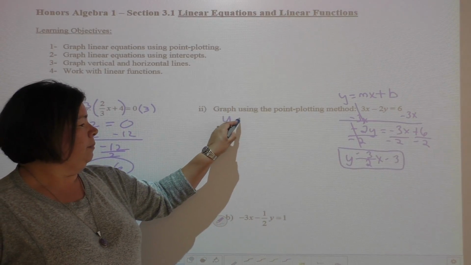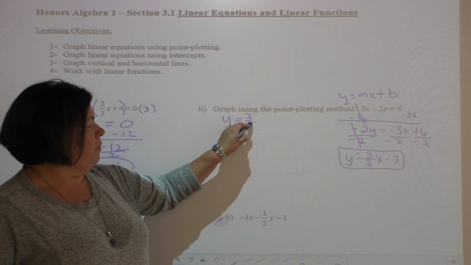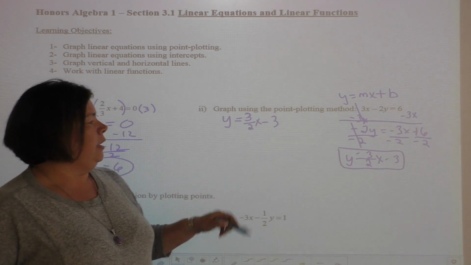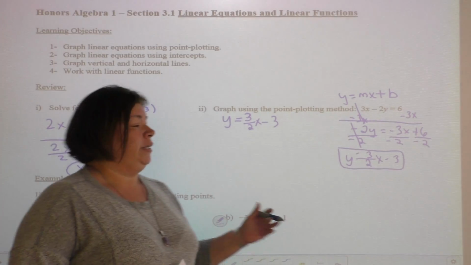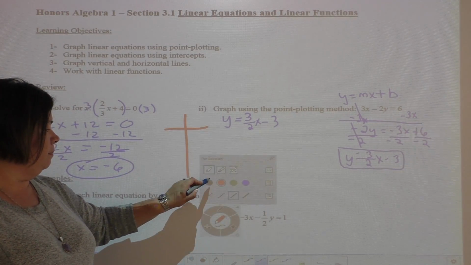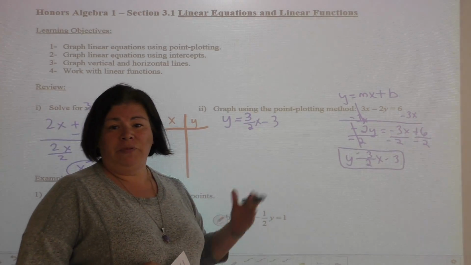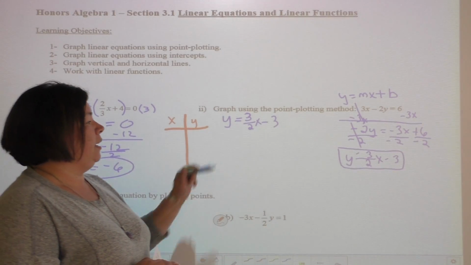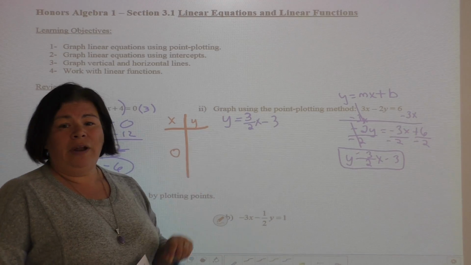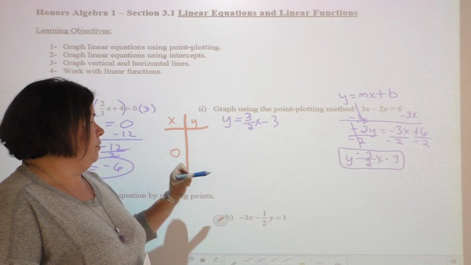And from here, sorry, my funky looking 3. All right, I'm going to plot some points. So I could go ahead and make an x and a y column. And I'm just going to pick some random points, but I always like to pick 0 for x. So if I substitute in 0 for x, that means 0 times anything is always 0, minus 3